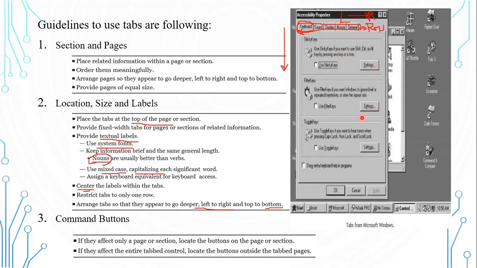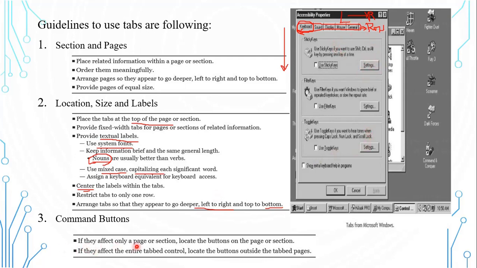Okay, suppose it affects the page you are going to display, better to keep your button outside the page itself if it affects the complete page. Or else, if the command button is not that troubling, you can place it within the page.